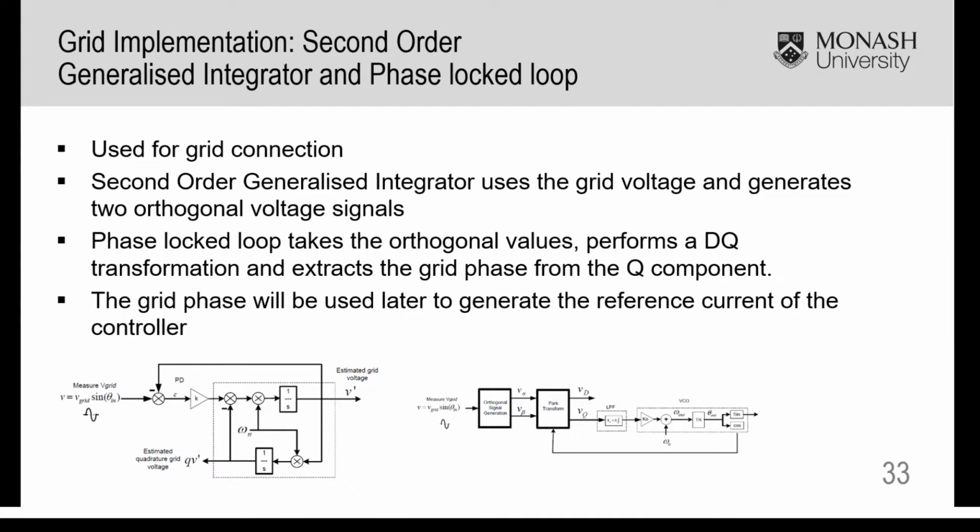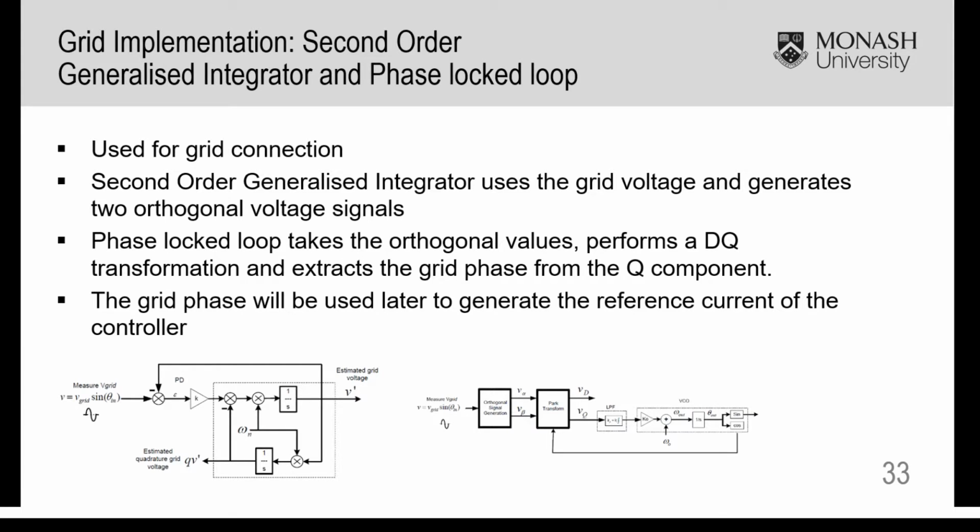For grid implementation, two more things were required to be implemented: second order generalized integrator and phase lock loop. The second order generalized integrator, or SOGI, uses the grid voltage and generates two orthogonal voltage signals by introducing a delay of 90 degrees into